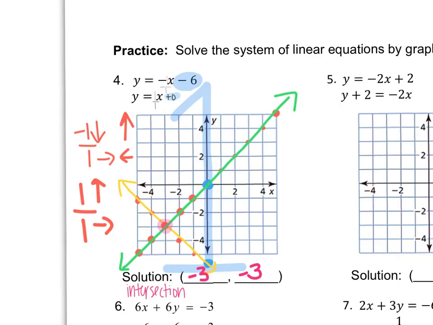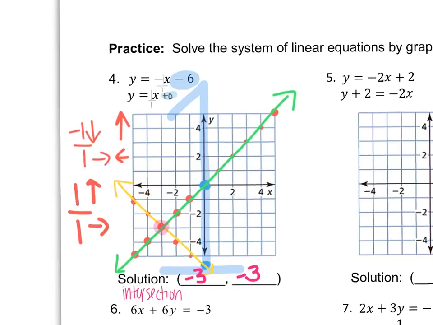Now, I know that you're probably thinking, man, it'd be so nice if the calculator could do all of this for me. Well, guess what? It can. Okay, so if you want the calculator to do this work for you and to find this answer for you, then the first thing you need to do, so I'm going to write these steps down for you. The first thing you need to do is get both equations